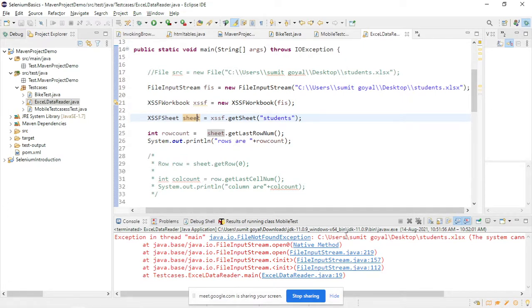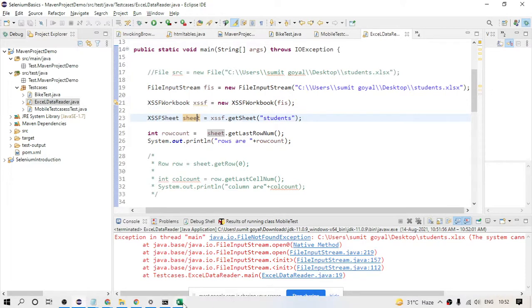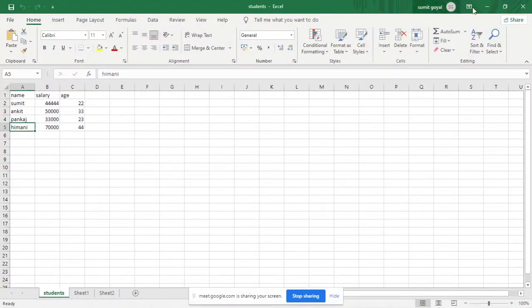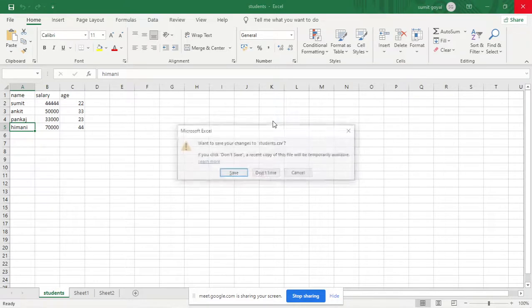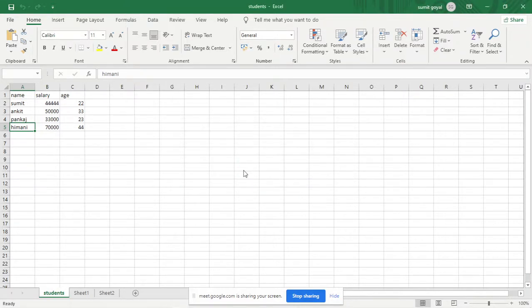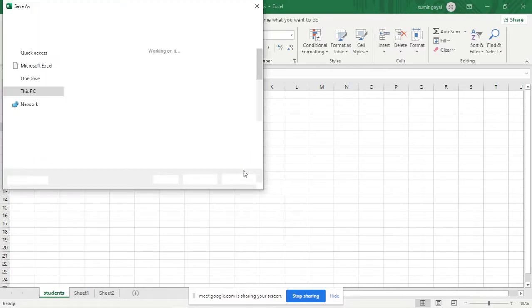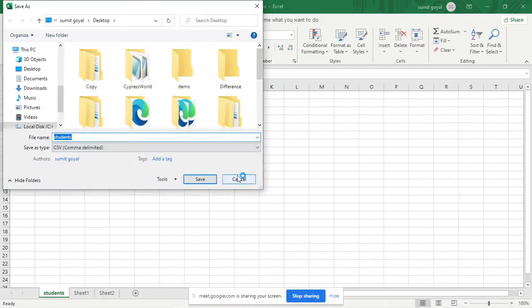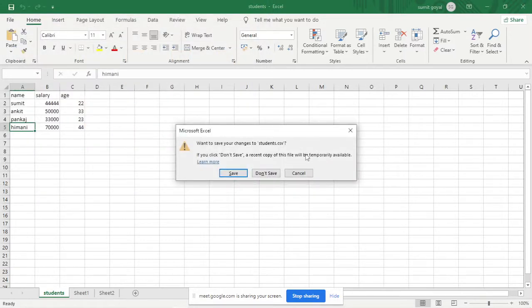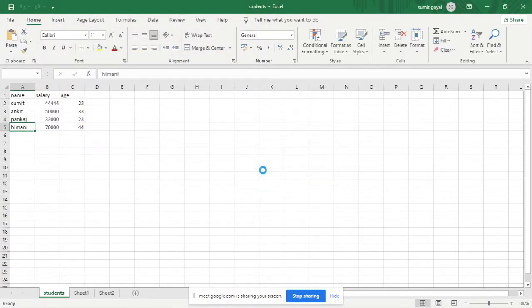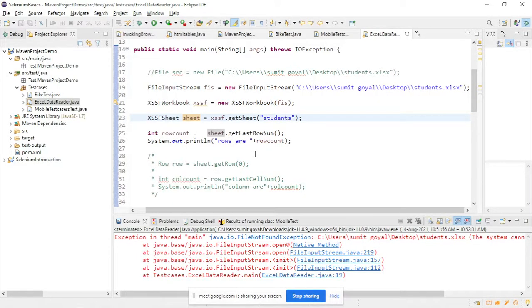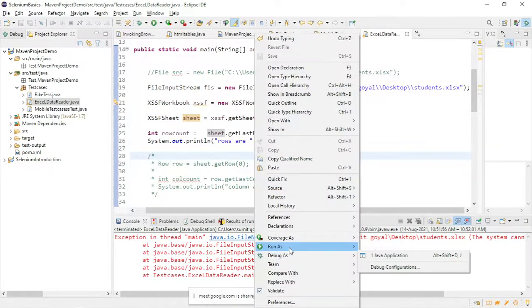Okay, let me do one thing. Let me close it. Might be the file is open, that's why. Don't save. So I think the file is open, that's why it is not identifying. Let me run it again.